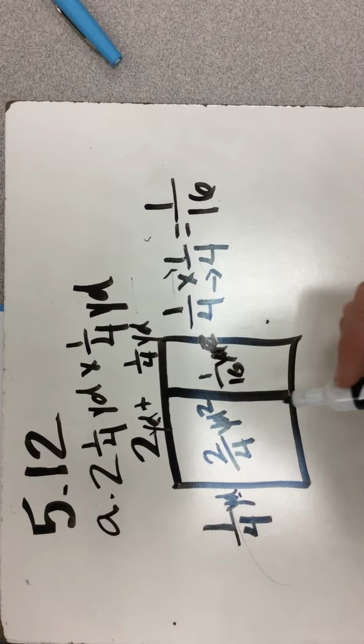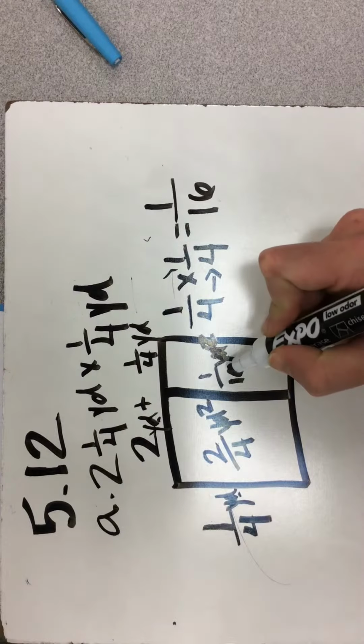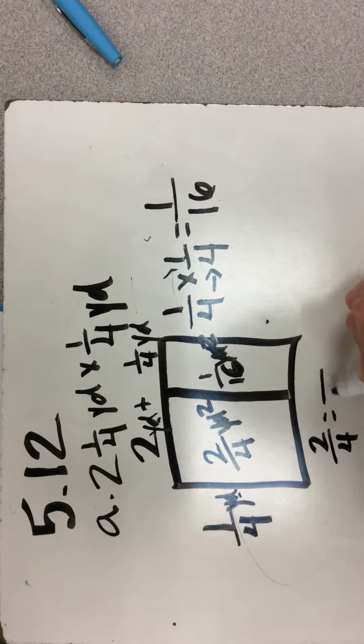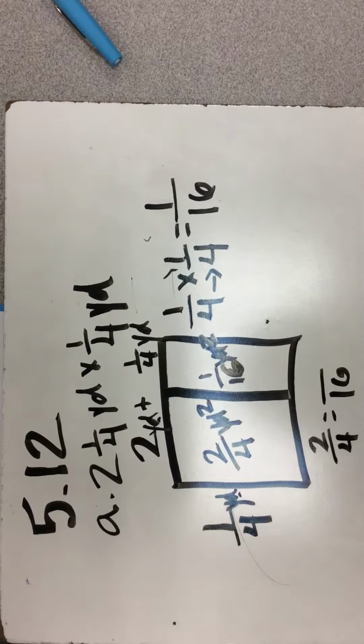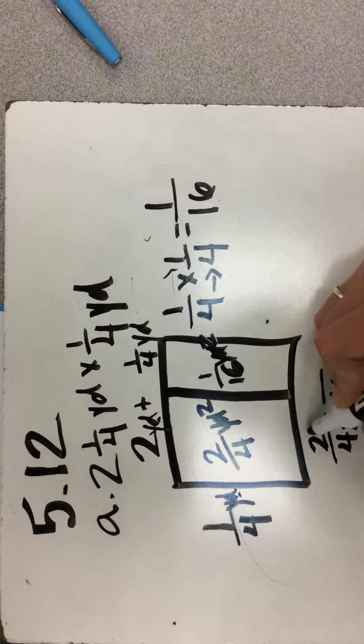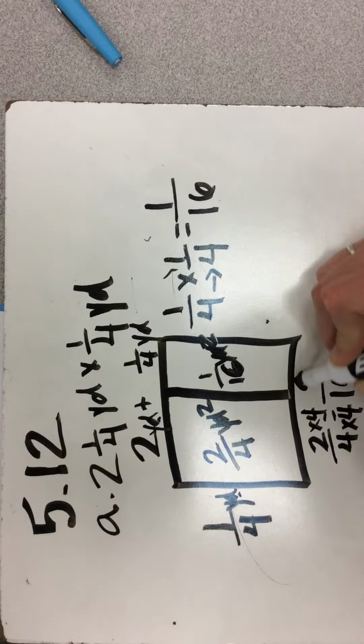Okay, now I'm going to add these two together to get my whole area, but we can't add them because we have different denominators. So I'm going to change 2/4 yards into a denominator with 16ths. So what times 4 equals 16? That's 4. Do it to the bottom, I got to do it to the top, and 2 times 4 is